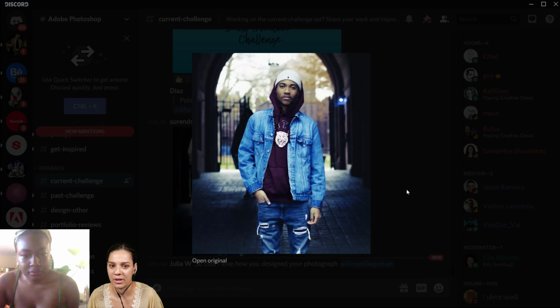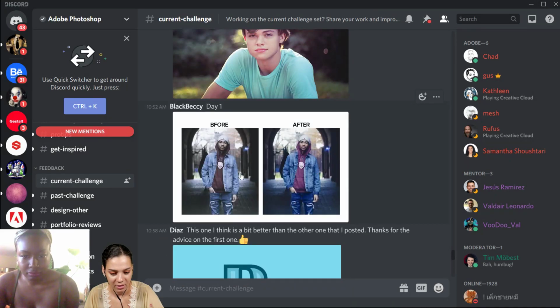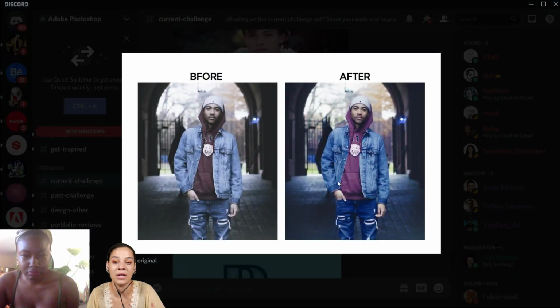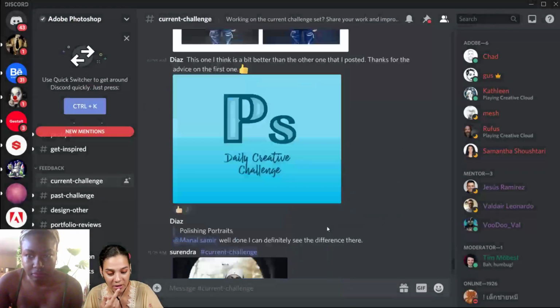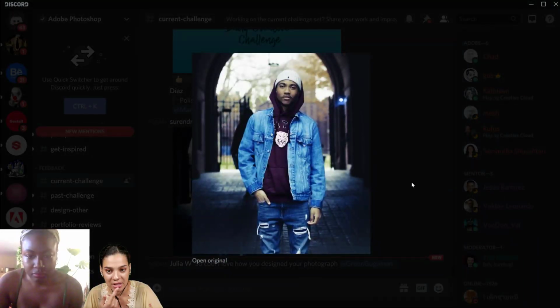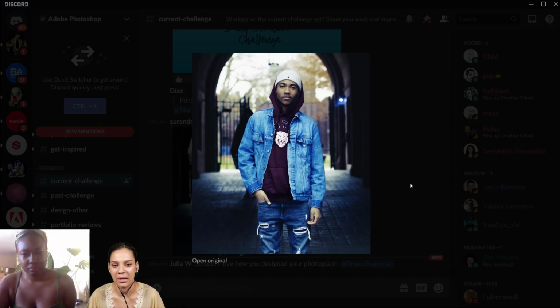What do you think? It looks like there is actually a before and after posted. Or this may be an image that a lot of people are using, so I can kind of see the before there on that one, and then I look back at Surendra's, and it's got a higher contrast and a little more saturation. What do you think about it, Shanee?